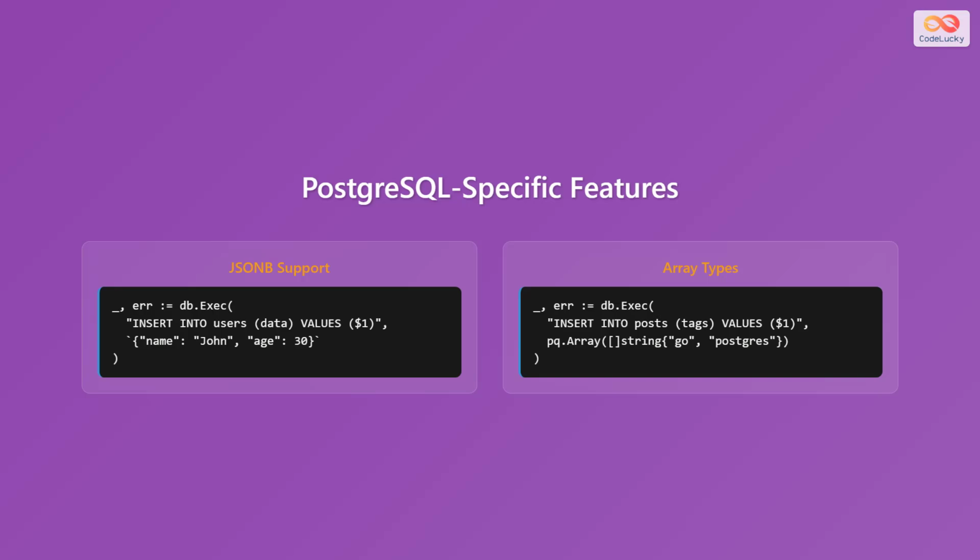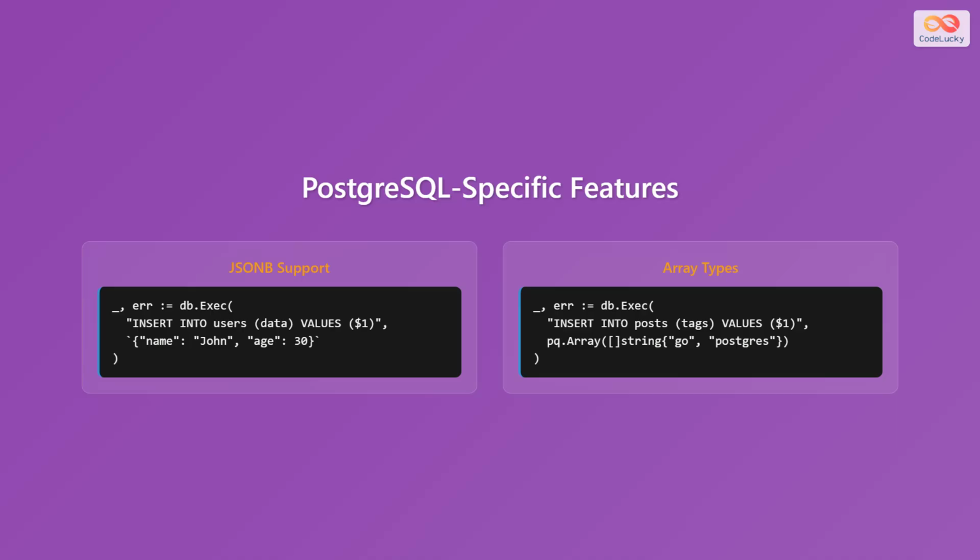The second one is array types. PostgreSQL supports array types, which can be useful for storing lists of values in a single column. You can insert arrays into array columns using the pq.Array function from the